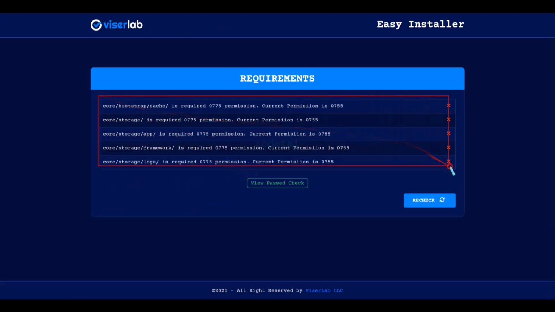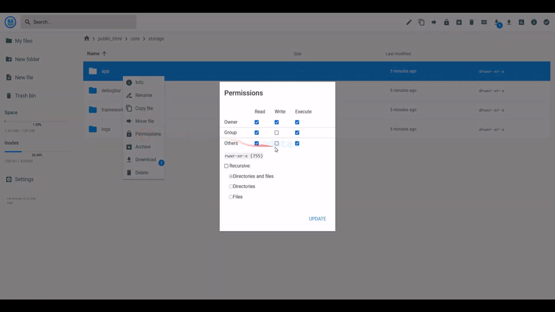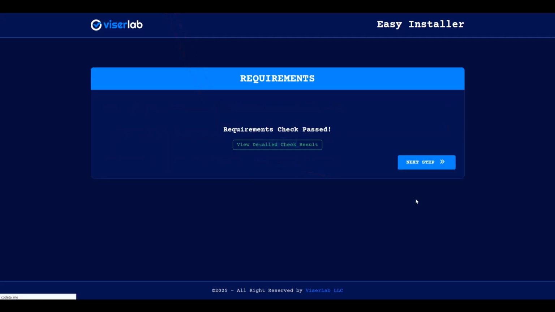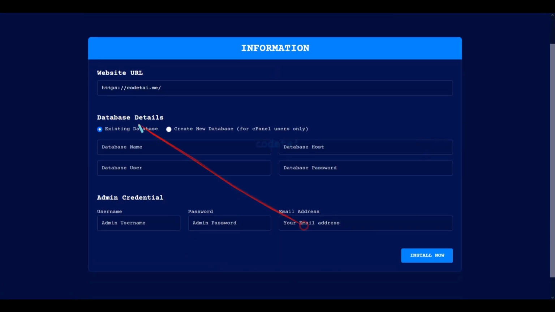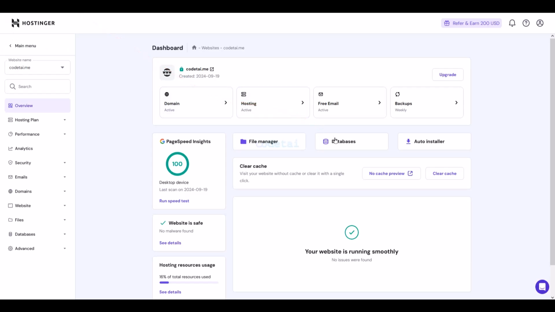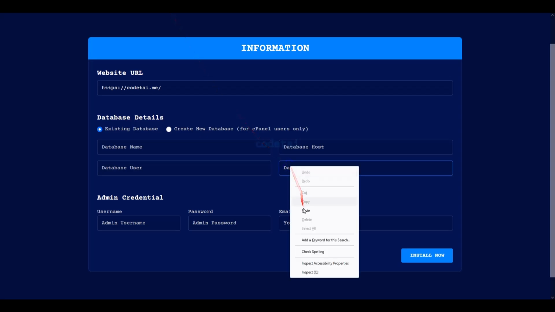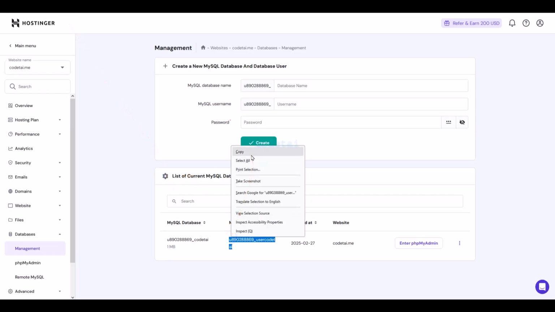Now we need to add permissions to some of these folders. So now I will teach you step by step how to add permissions to these folders. Now we need to submit the information to the database here. So now let's learn step by step how to create a database in the hosting panel. Then we will learn how to connect the hosting panel database information to the website. For this, please follow this video completely step by step.